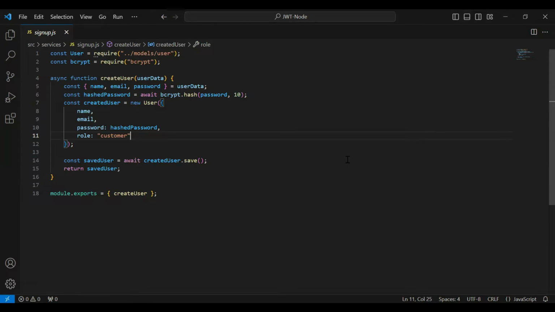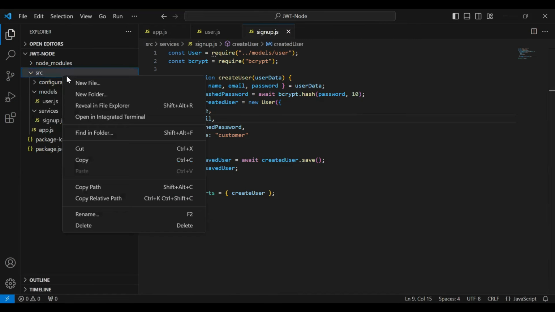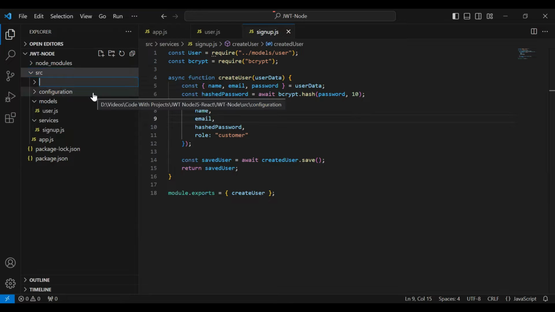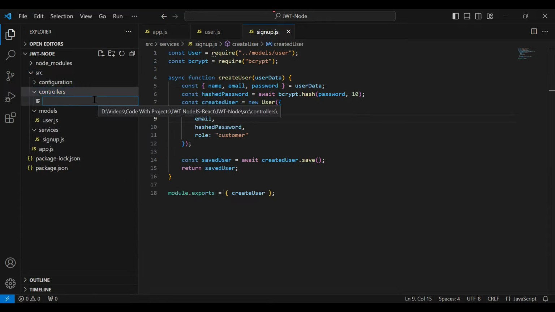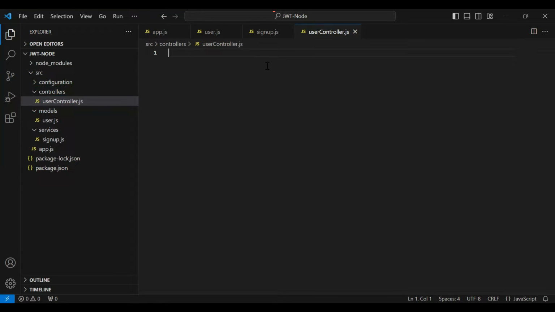Today in this video, we will write the functionality of Signup Controller and the Signup Route. So let's get started. Let's go to the src package, and here I'm going to create a new folder with the name controllers, and here I'm going to create a new file with the name userController.js. So let me import here the user service,